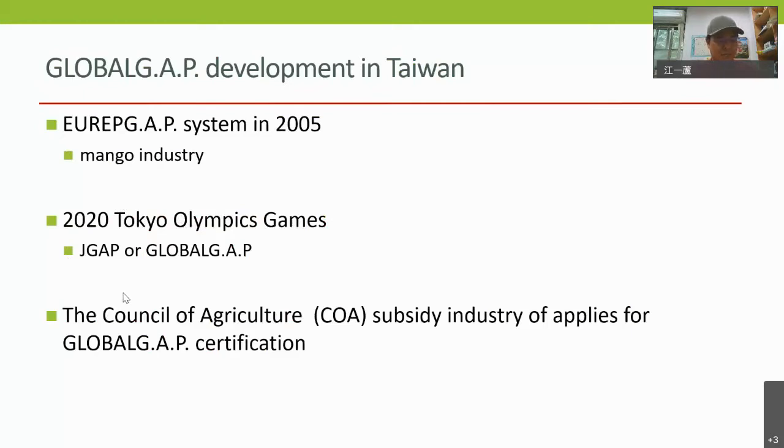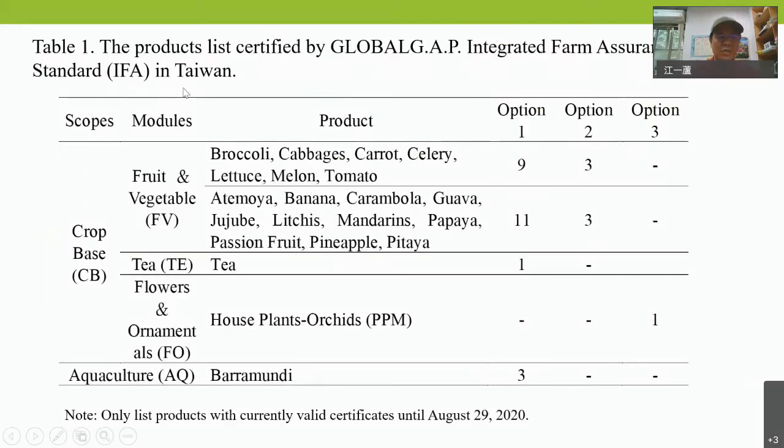The Tokyo Olympic organizing committee will give priority to accepting agriculture and livestock products that have passed the GAP or GlobalGAP scheme in 2020. This opportunity has set off a wave of GlobalGAP certification in Taiwan. In order to sell agricultural products to the Tokyo Olympic Games, the Council of Agriculture supervised the industry in applying for GlobalGAP certification. According to the GlobalGAP official query system, there are